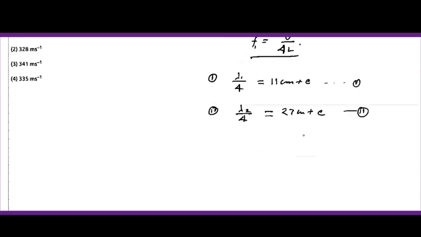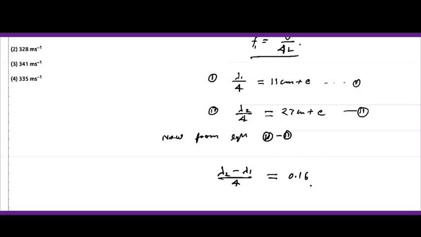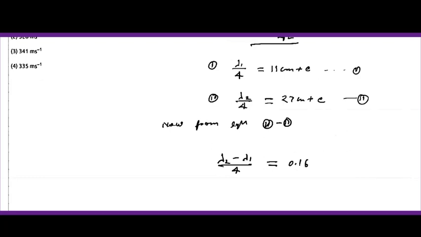ठीक है, ई क्या है यहाँ पर, एंड करेक्शन है। कोफिशिएंट ऑफ एंड करेक्शन है, तो क्योंकि दोनों में कांस्टेंट होगा, क्योंकि सेम ही ट्यूब हम यूज कर रहे हैं, तो ये कैंसिल आउट हो जाएगी जब हम इक्वेशन सेकंड माइनस फर्स्ट करेंगे। नाउ फ्रॉम इक्वेशन सेकंड माइनस फर्स्ट, ठीक है, सो ये हो जाएगा लैम्डा टू माइनस लैम्डा वन डिवाइड बाई 4, कॉमन है दोनों में, और ये इक्वल हो जाएगा 0.16 के।